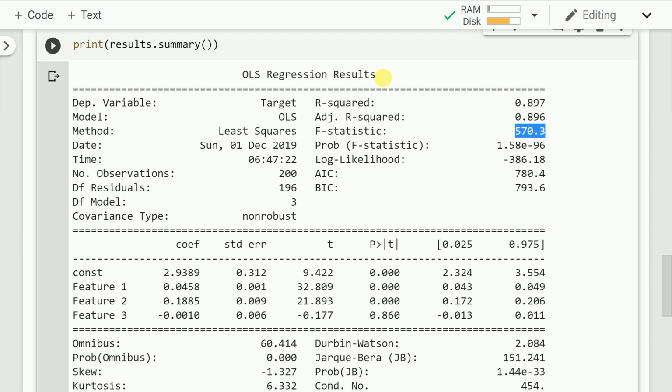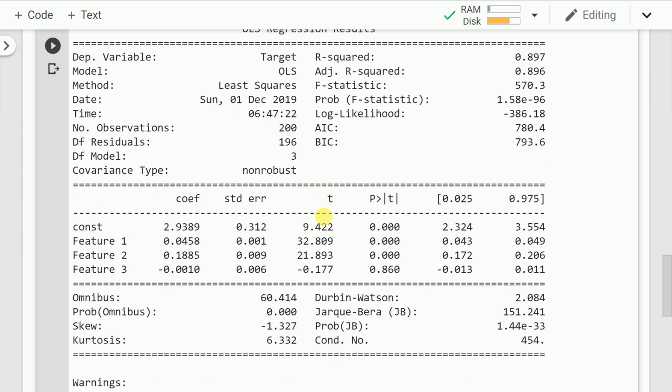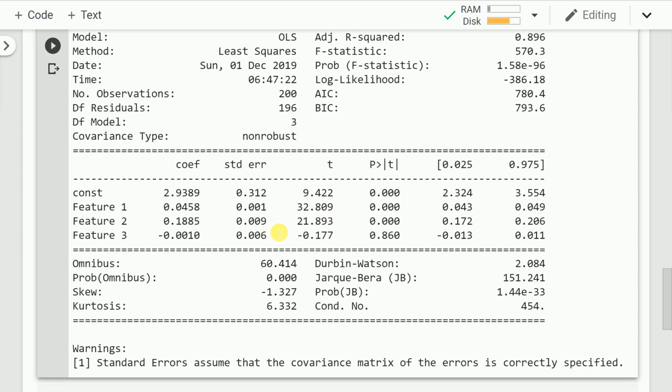If this part of the whole result is clear, coming to these features, which help you understand even better if there are any multi-collinear features, which features are actually relevant to your model, can you drop one of the features after creating a linear regression model, and so on and so forth. All of these assumptions or hypotheses that you have in mind can be sorted out from this part of the table.